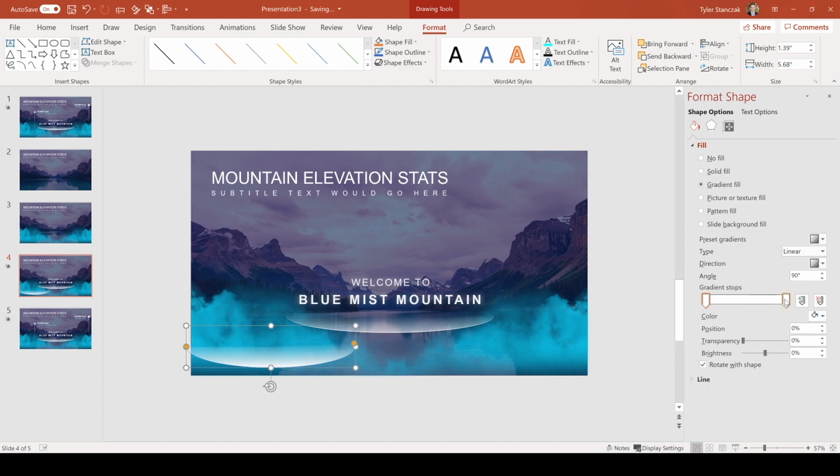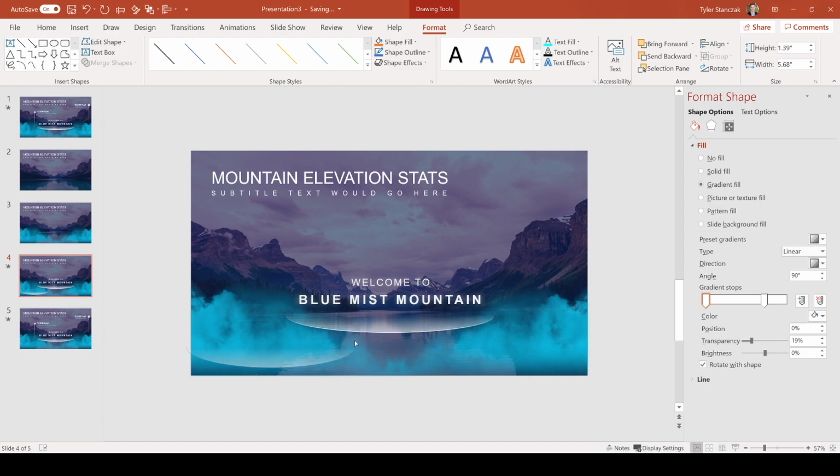Obviously, I would make this go in a little bit so it's even more transparent, and maybe this one a little bit lighter. That way it's a smoother effect. And then if you want to wrap around a little bit more, you can. You can actually have it go all around like that, as you can see. So it's very customizable. For this one, I'll click on it just so you guys can see.